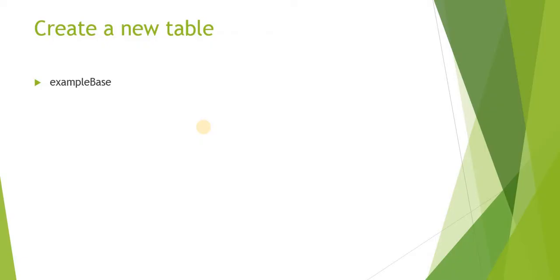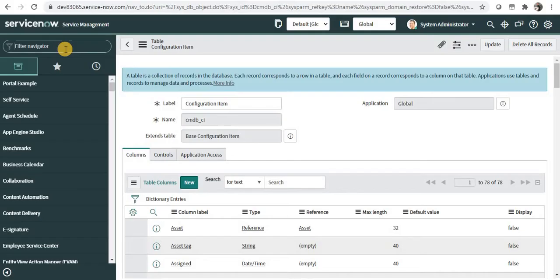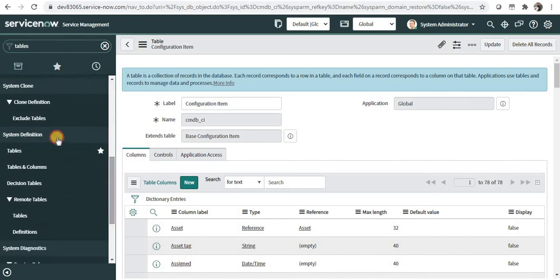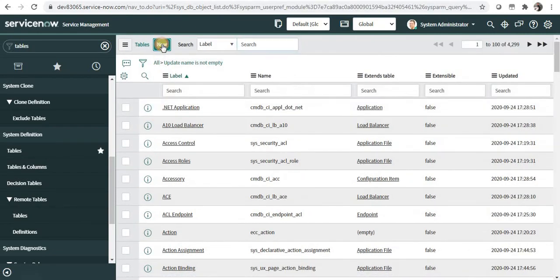Next is, we will create a new table in ServiceNow with the name of example base. Let's quickly go to ServiceNow. I will write tables again. I will go to system definition and tables, and I will click new,